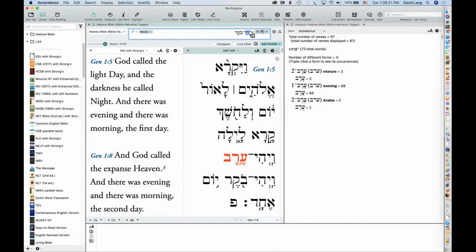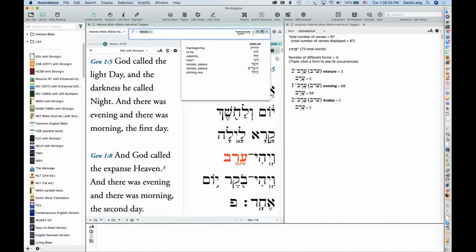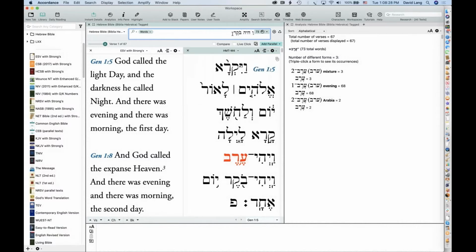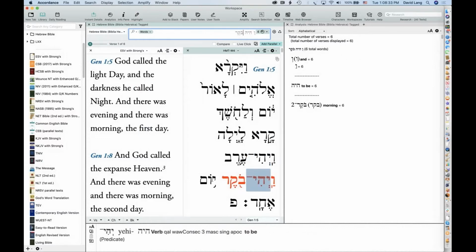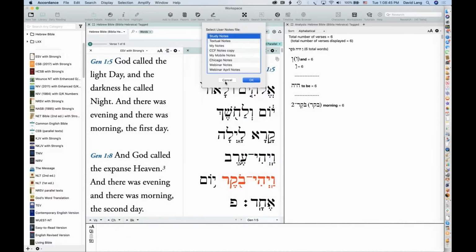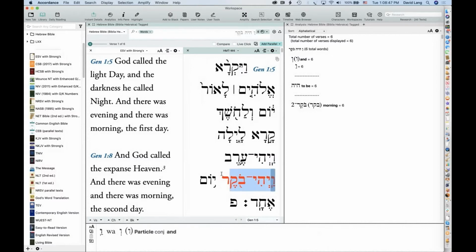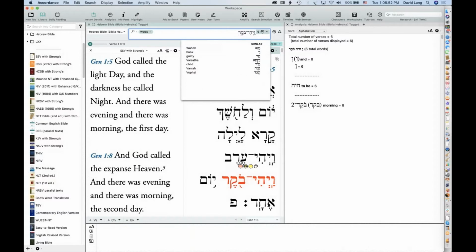So what I really should put is haya, that's the lexical form, and then separate that and do boker. Now if I do that, it will find that particular phrase because I have these morphologically separated lexical forms entered. Okay, so what will tend to happen is the beginning Accordance Hebrew user will copy text in like that and then say, okay, I want to find this. How do I find it?